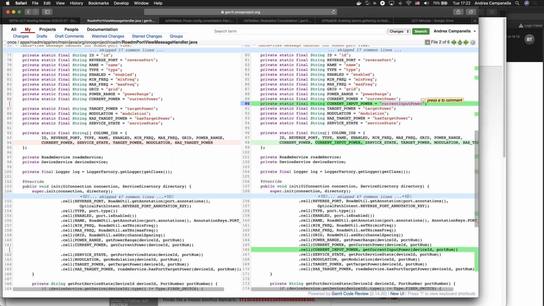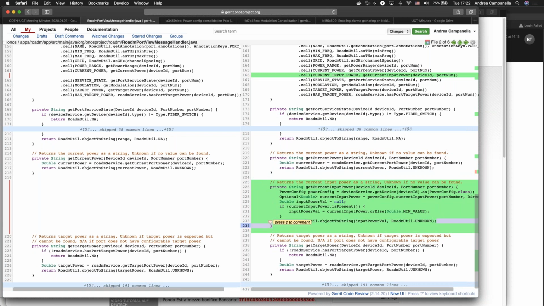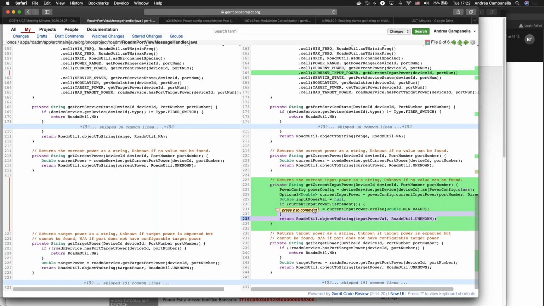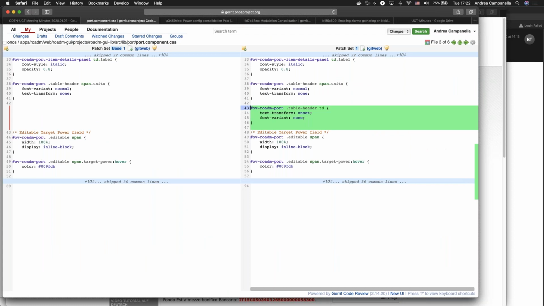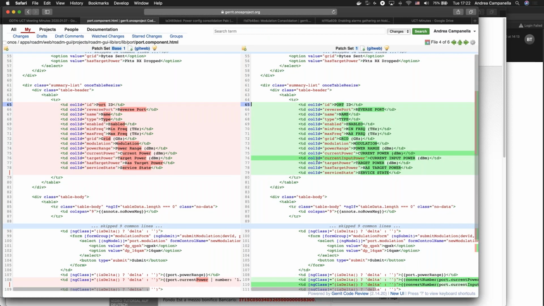It adds it to a table that is getting initialized, and that table uses the get current input power method, or puts it as unknown. This is then called by the front end, which is this CSS. I don't think this is needed per se, but this is what we need to add.